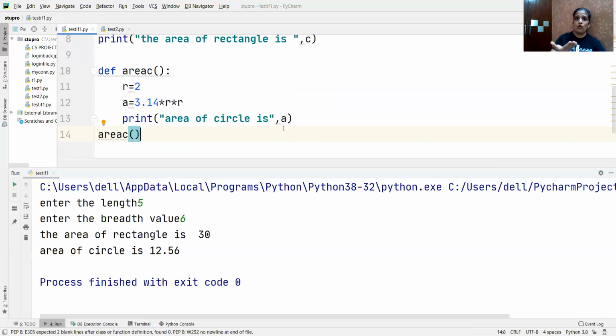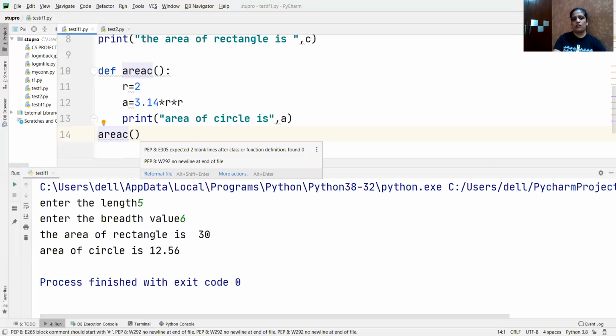But I have to call this function so that my execution will start. Until I call, it will not work. अगर मैं इसको hide कर दूँ, if I put comment here, it won't execute. क्योंकि हमने इस फंक्शन को कॉल नहीं किया तो उसकी एग्जीक्यूशन कैसे होगी? For that I need to call this function. Right? So that's why I have to call. This is the way how to call the function. You have to put parenthesis. Parenthesis is a symbol for function.